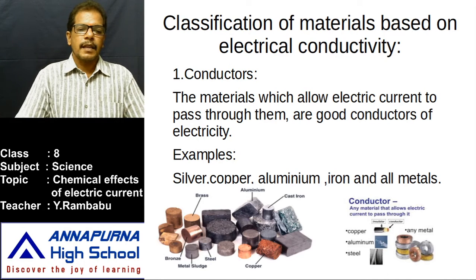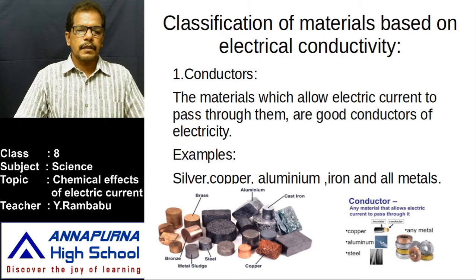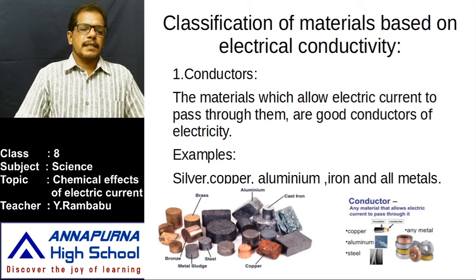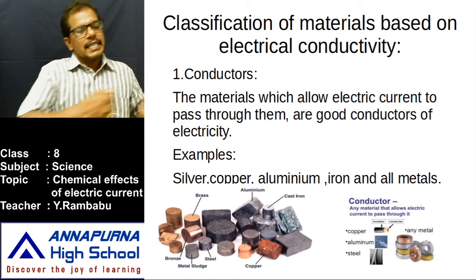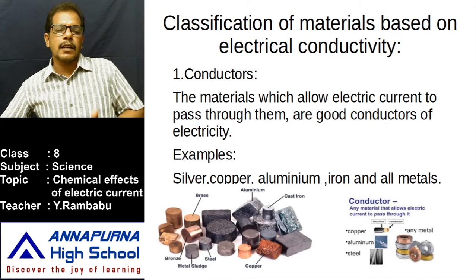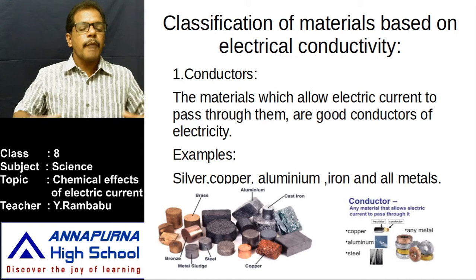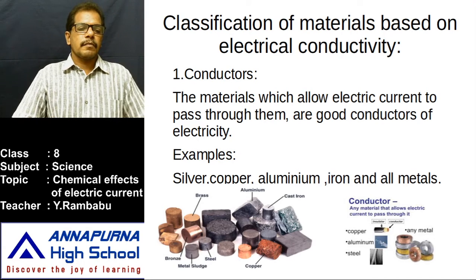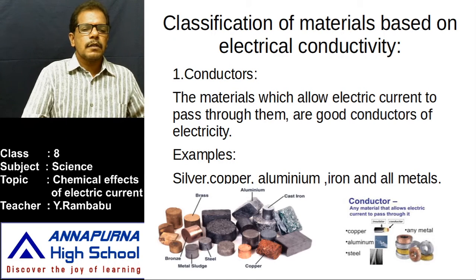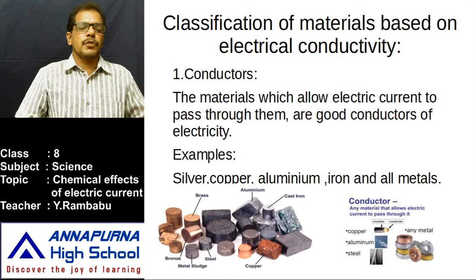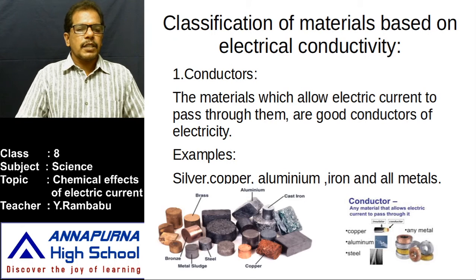But observe one thing: the concentration of free electrons in all these metals is not the same. For example, in these four substances, the concentration, that means the number of free electrons, in silver is higher than copper, in copper it is higher than aluminum, and in aluminum it is higher than iron. That means among these four, which is the best conductor? Silver. But to use silver as conducting wires in our homes is very expensive. That's why copper is used. That is the best conductor next after silver. Are you understanding about these conductors?